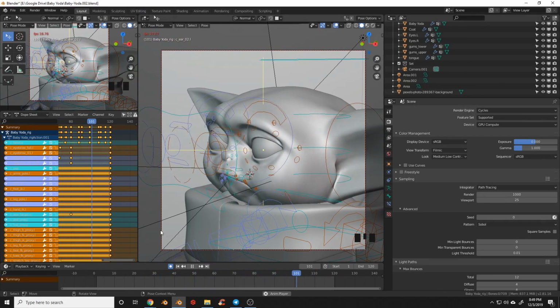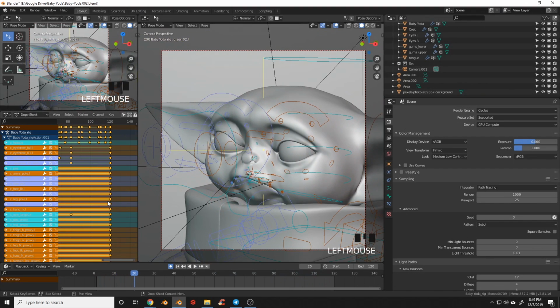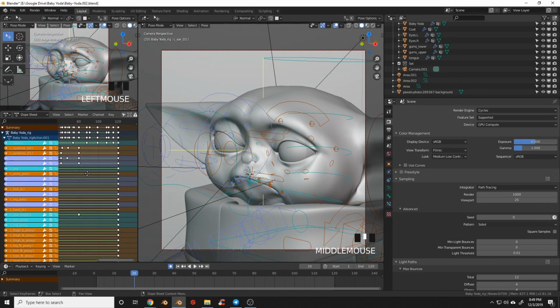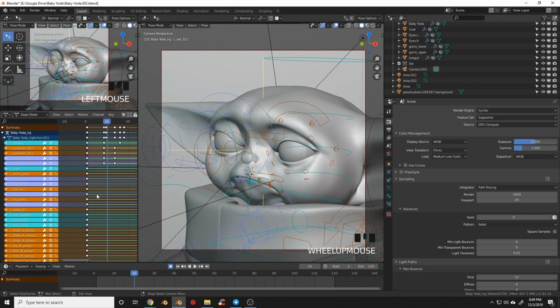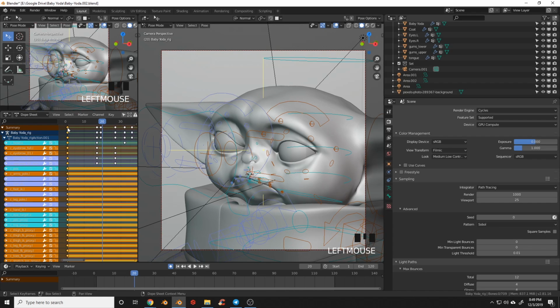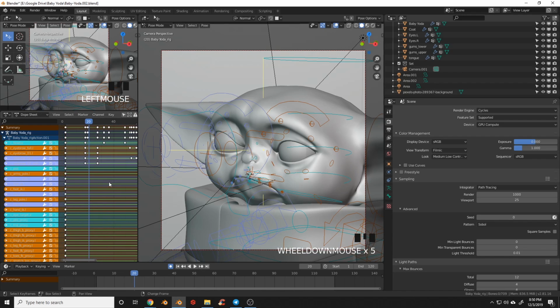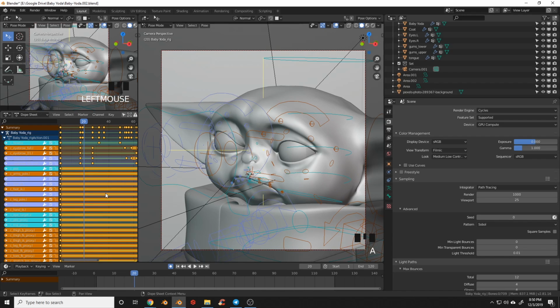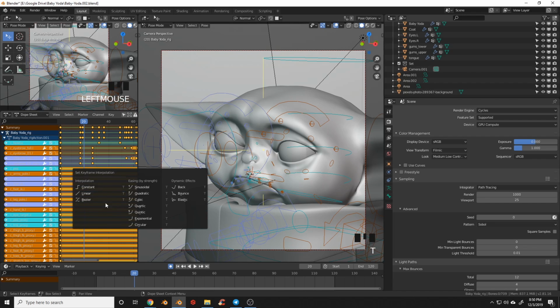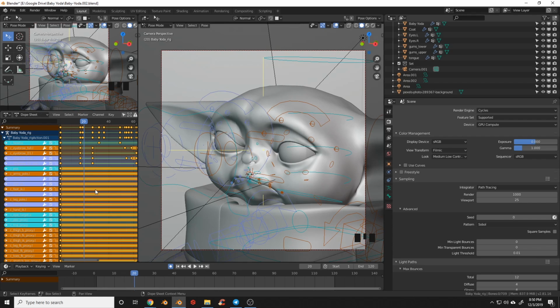So when I'm approaching a character animation, what I like to do is go into the dope sheet. And you may have seen me working in this before. I assume that if you're watching this tutorial, you know how to use it. But up here, you can grab your entire keyframe stack. And then down here, you have everything labeled so that you can grab the keyframes individually. So what we can do is select everything in there by pressing A. We can press T. This takes our interpolation menu up, and we're going to hit constant.